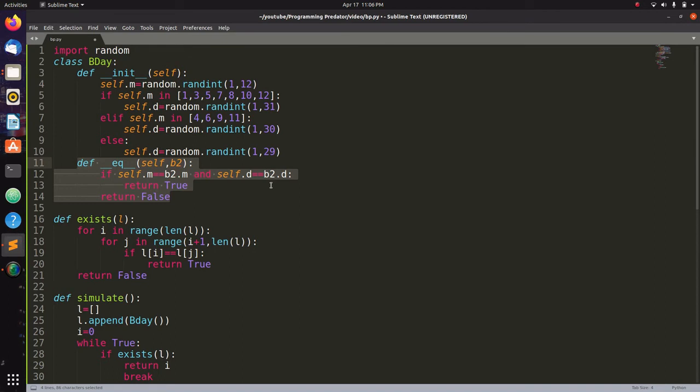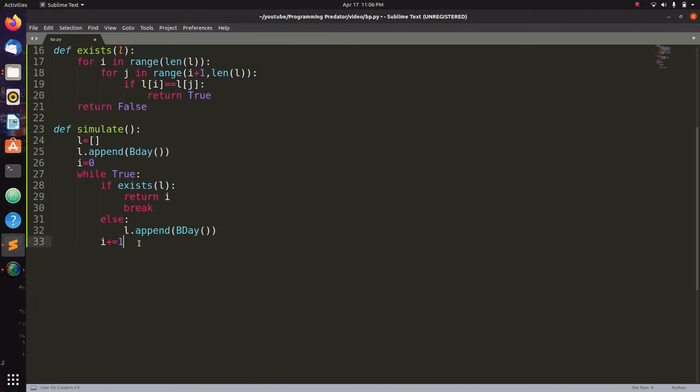So we're done with most of our part. All we have to do is simulate our code a certain number of times. So we'll just ask the user for an input of how many times they want to simulate it.